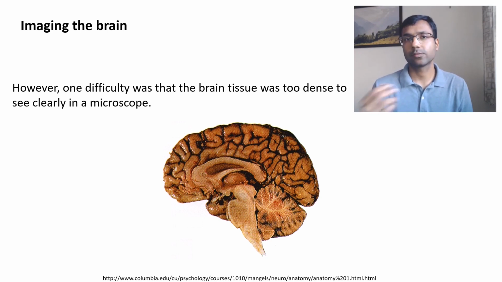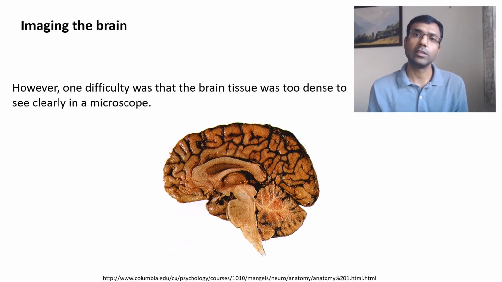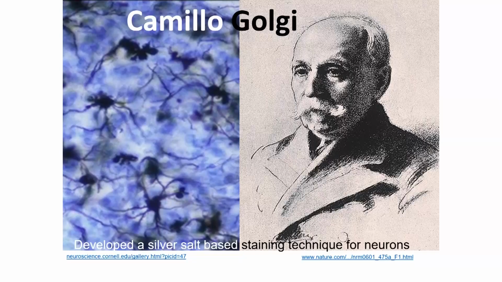Now, if you had access to an electron microscope, you could go deeper, but that technology did not exist at that time. The other thing you could try to do is to maybe dissociate or expand the volume of the brain and loosen the parts, but then of course you lose the detail of how things are connected. So there was no easy solution at that time.